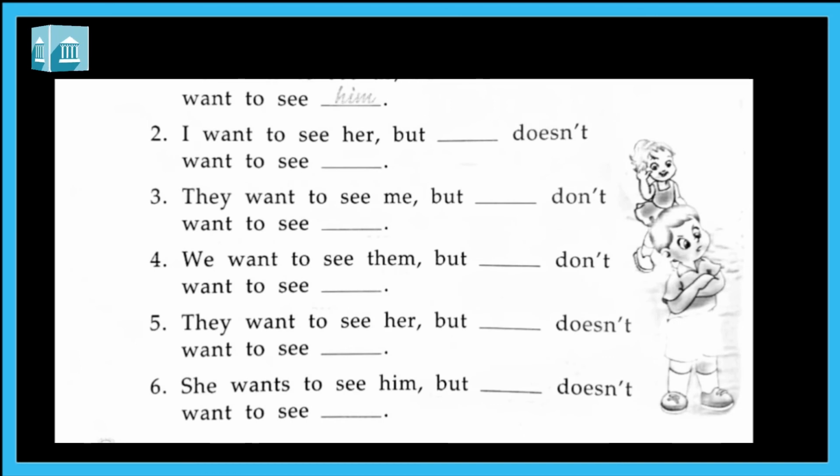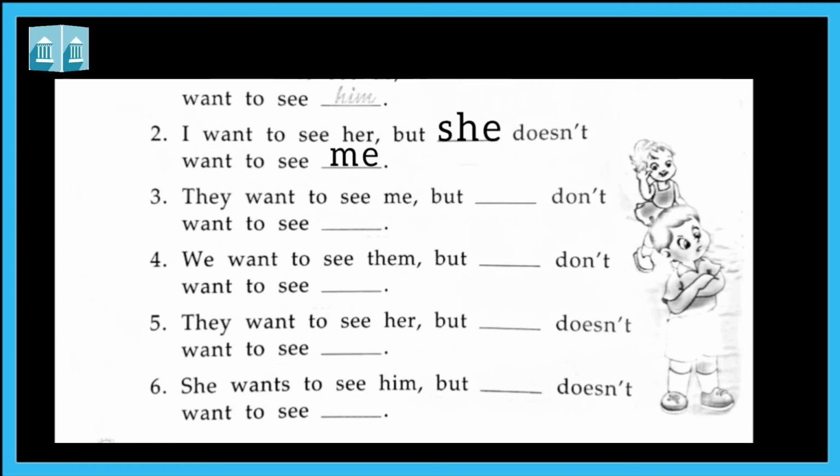यानी कि हमें उसे नहीं देखना है, तो देखने का काम कौन कर रहा है? हम लोग. So we is subject pronoun और हम किसे देख रहे हैं? Receiver of the action कौन है? Him. So him is an object pronoun. Second one, I want to see her but she doesn't want to see me. मतलब उसे मुझे नहीं देखना है, तो देखने का काम क्या वो लड़की कर रही है. So she is a subject pronoun and me is an object pronoun, क्योंकि वो देख किसे रही है? मुझे. So I am the receiver of the action. So me is an object pronoun.